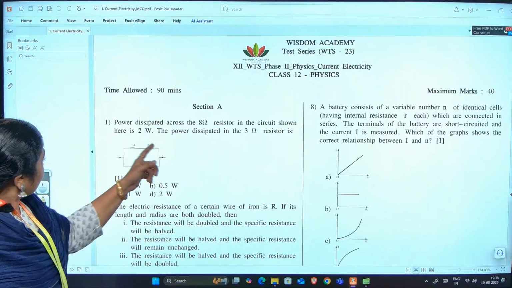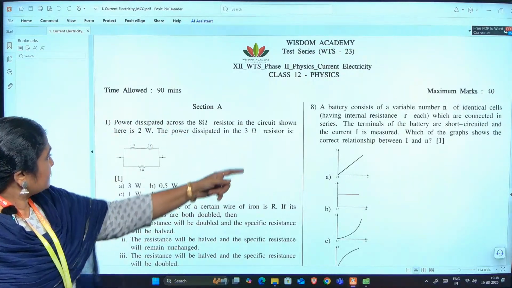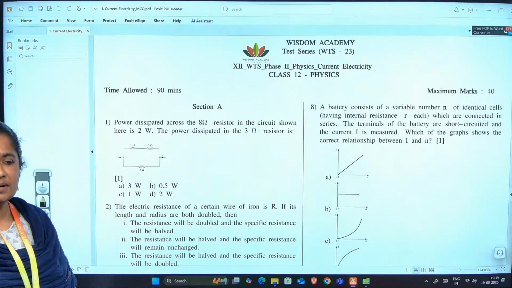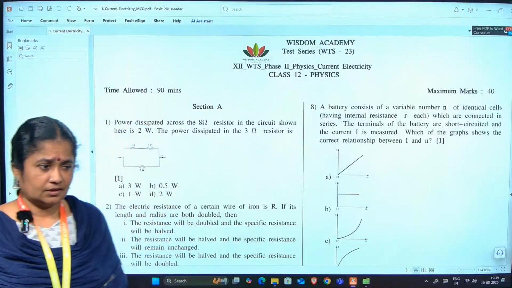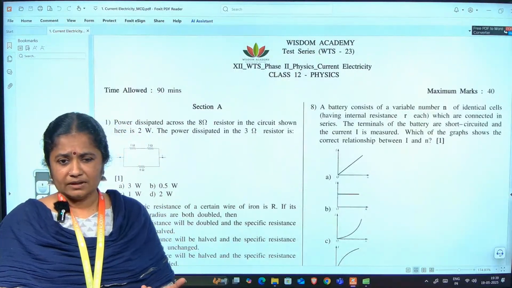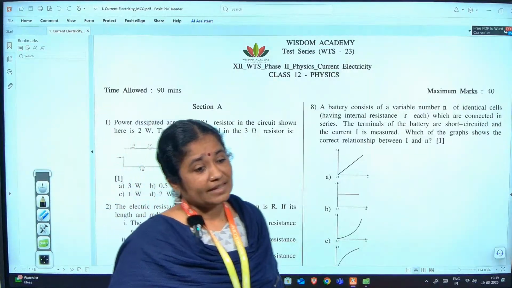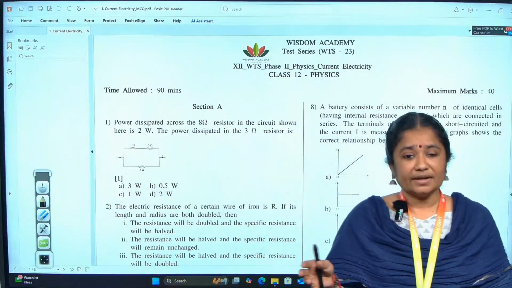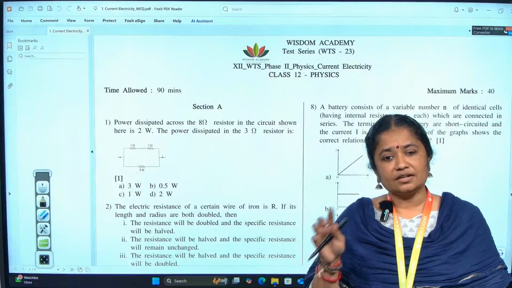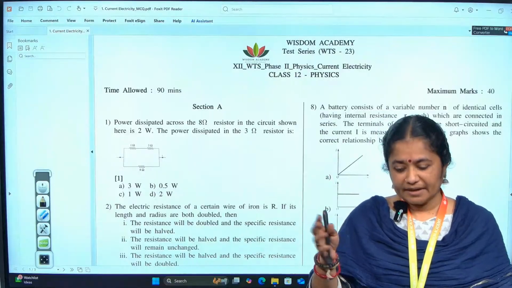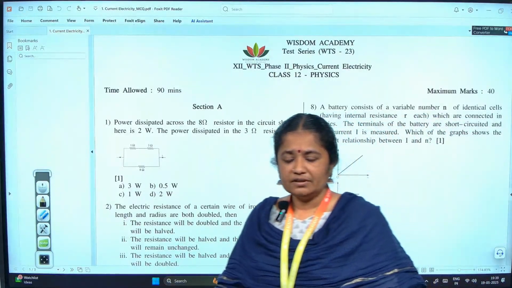Now here, power dissipated across the 8 ohm resistor in the circuit shown here is 2 watts. What is the formula for power? No, not that, and not in mechanics. In electricity, V into I, potential difference into the current. P is equal to VI, I square R or V square by R. Please note. Power P is equal to